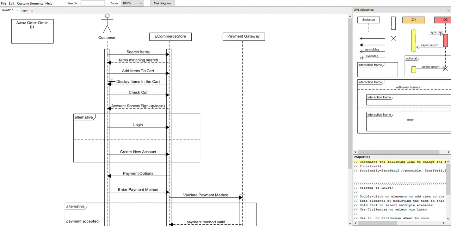The customer will send a message to the store to add the item to the cart. The store will display the item in the cart as a return message. So when the customer starts the checkout process, the e-commerce store will return a message and present the account screen. The account screen has